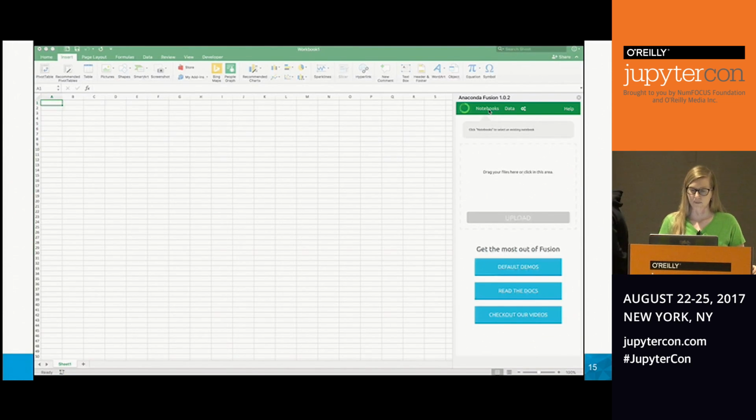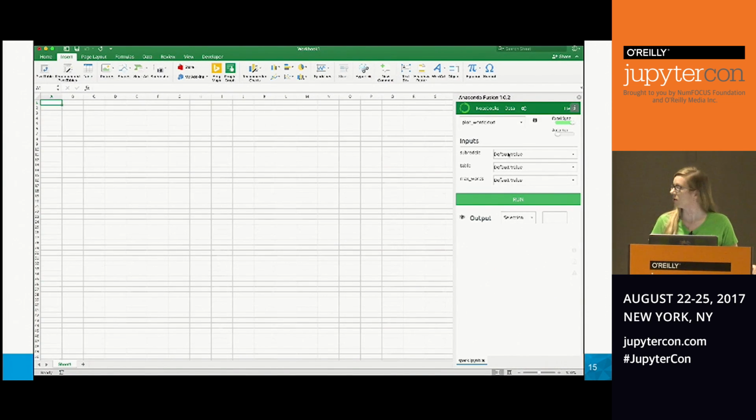The final example that I wanted to show is one that connects to a Spark cluster and uses the Reddit data set. So it allows the Excel user to input a subreddit, do word counts, and get a plot of the words that are being used in that subreddit, all within Excel. So in this case, it's a Spark notebook. You can input, in this case, we'll do the movie subreddit. You click run,